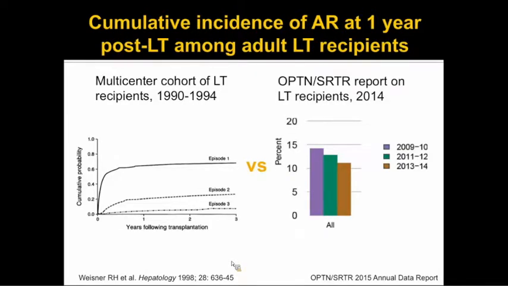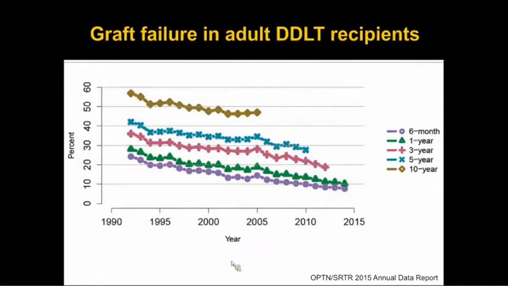In comparison, if you look at the most recent SRTR data that we have available, what's being reported back to SRTR is an acute rejection rate within the first year of less than 15%, and in fact it continues to decline, as you can see from the bar graph. So today, death or retransplant due to acute or chronic allograft rejection is very uncommon throughout the first 10 years after transplant. And in fact, the most recent SRTR data, which is from 2014 transplants, shows a 6-month graft failure rate of only 7.8% and a 1-year rate of 10.3%.